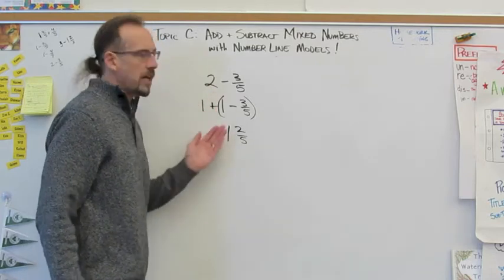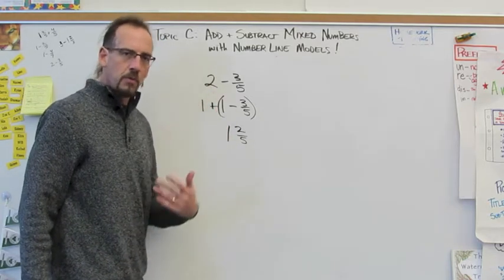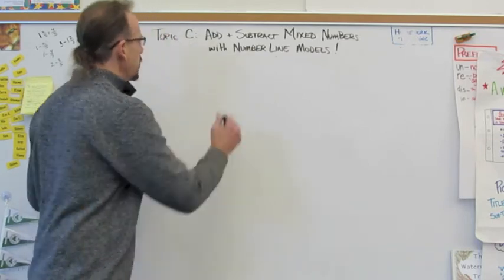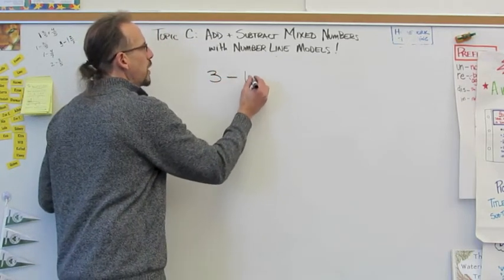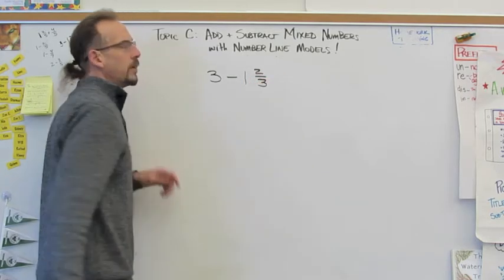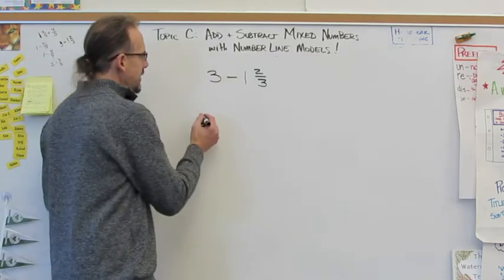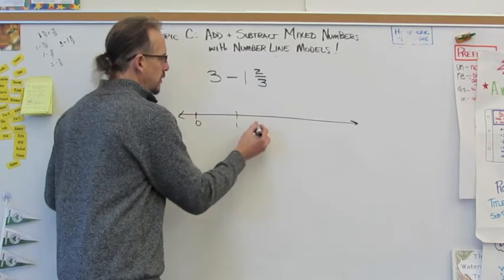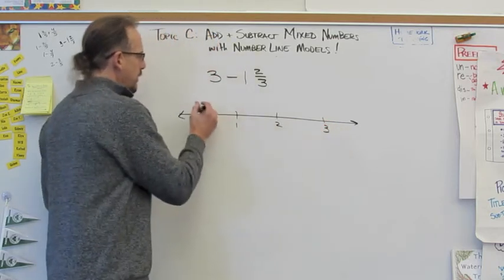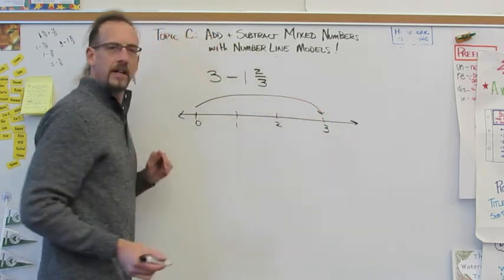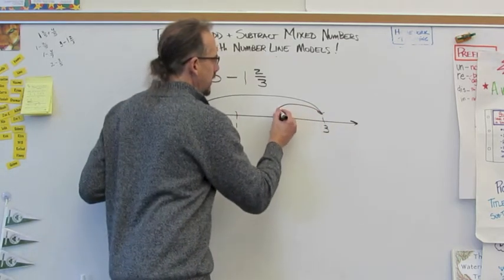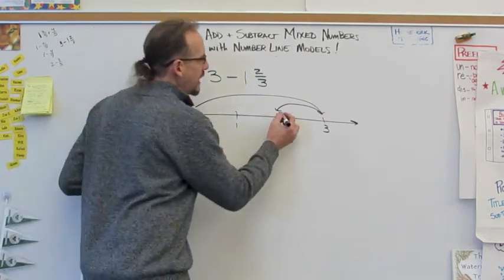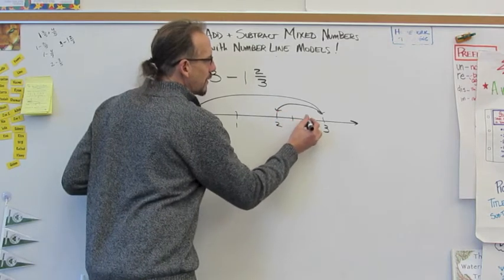And again, using this kind of decomposition model will help them to think through more difficult problems, which is where we're going next. Because now we're going to ask students to do this. 3 minus 1 2/3. And the most common mistake that kids make is this. When we draw that number line model, they're very good at getting to 3, and then they subtract 1, this part. But then the tendency, the big mistake that students make is they often then add the 2/3. They go this direction